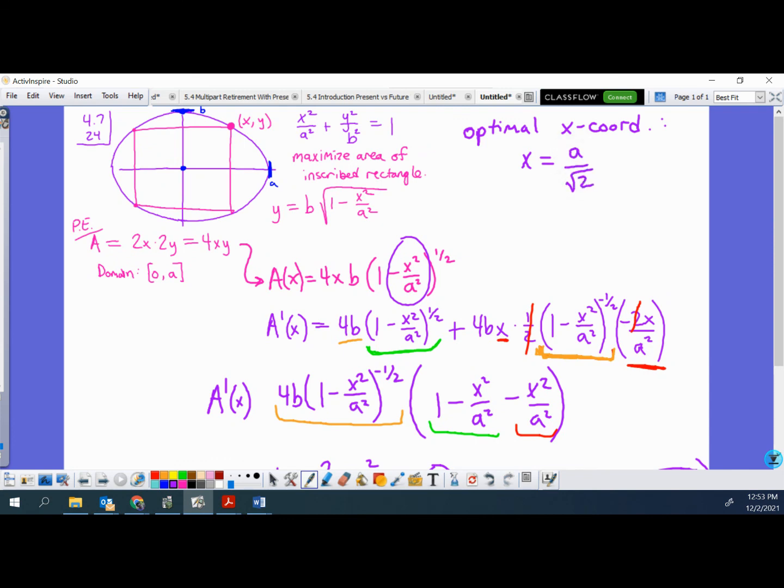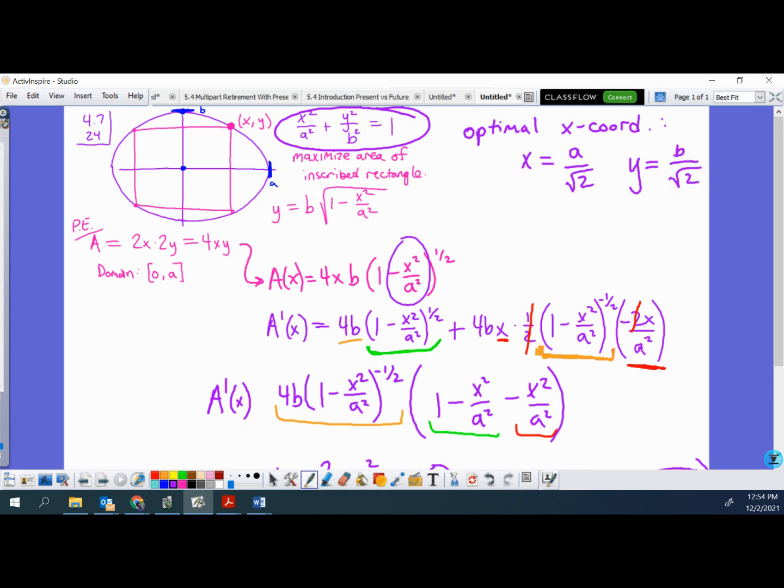And you can kind of tell this is all general, right? There's no difference here between x and y. One has an A with it and one has a B with it, but A and B also, there's no difference. You could turn everything sideways and it would be the same problem. So if x's optimal coordinate is going to be A over radical 2, I'm pretty sure, just right away without doing anything, that y's optimal coordinate will be B over radical 2. I'm just going to go ahead and write that. I'm that confident. But to check it,